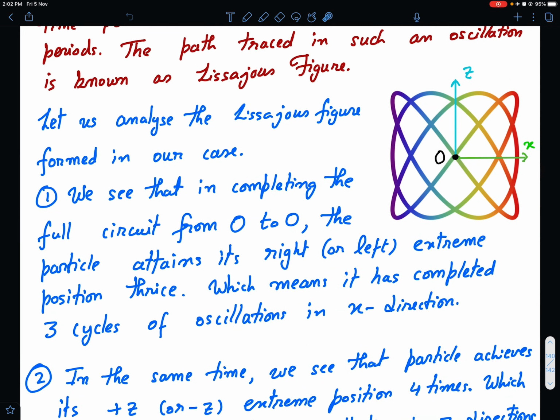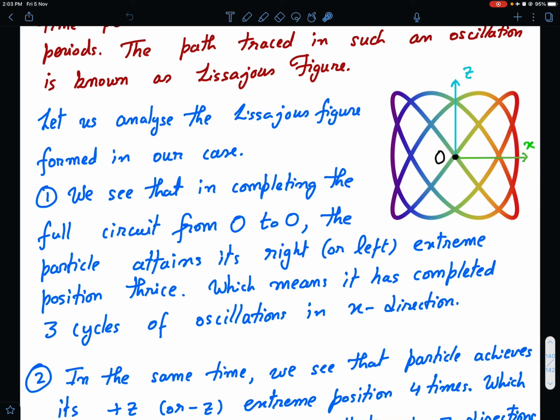The path traced in such an oscillation is known as a Lissajous figure. So Lissajous was the name of the mathematician or physicist probably who studied these types of curves and developed some theory about them. So now we are given the Lissajous figure that our bead is making, and this is not to the scale obviously. The figure is much smaller. Actual figure, if we are giving small kicks, you know that the SHM works out nicely only for small oscillations in case of pendulums. For large amplitudes, the time period formula do not hold,